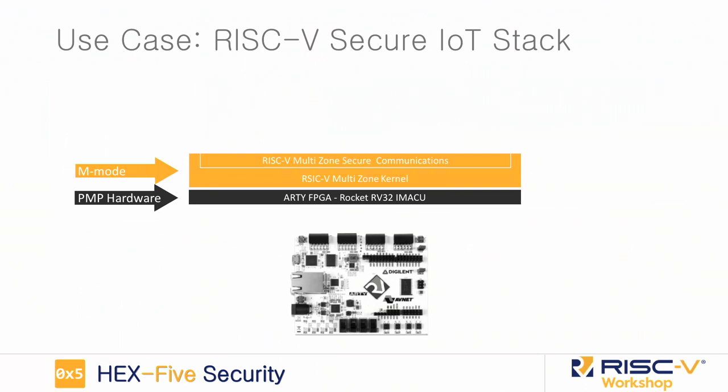Now, on top of that, in M mode, and so for people who are not super familiar, M mode is the machine mode. It is always there in any RISC-V core, otherwise it's not a RISC-V core, and it's the highest level of privilege, okay? So there you put this very thin layer of software, which is, again, open, free and open APIs, and you get the messaging there.